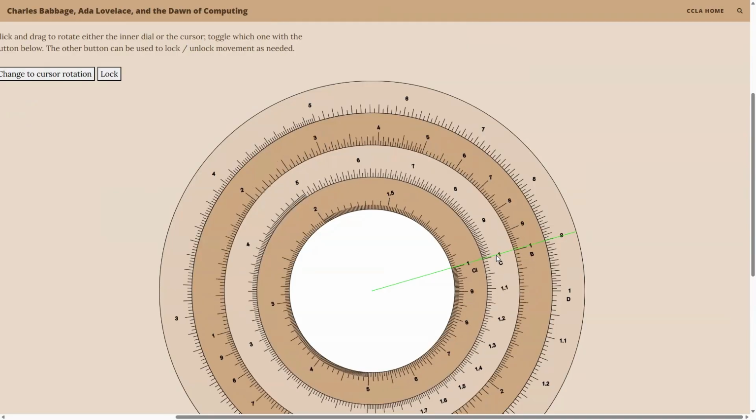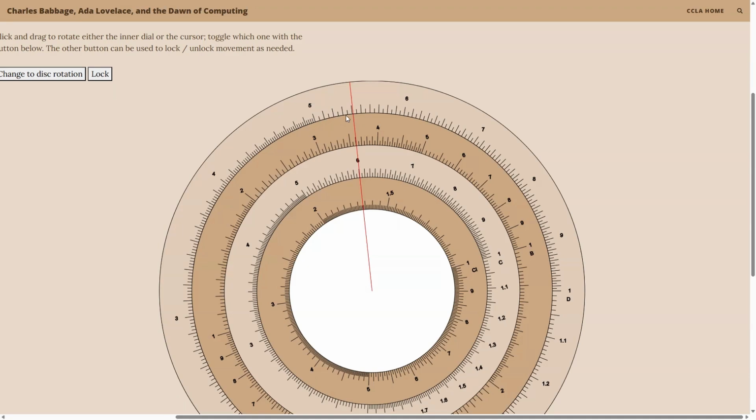Try to get that as exact as I can. And then I go back to moving the cursor. I move my cursor until it's over the value Y on the C scale. So I'm doing 9 times 6. I want to rotate this till it's over 6 on the C scale. And then if I look at my D scale on the outside,